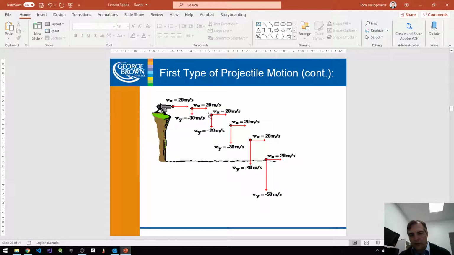You notice the length of the velocity vector across the x-axis stays the same size consistently. It keeps staying the same size until it hits the ground, right? However, the velocity vector across the y-axis continues to grow, right? This change in magnitude is easily seen as an increasing velocity due to the acceleration of gravity, gravitational acceleration. And you can see that the number is a negative number because we're going in the negative